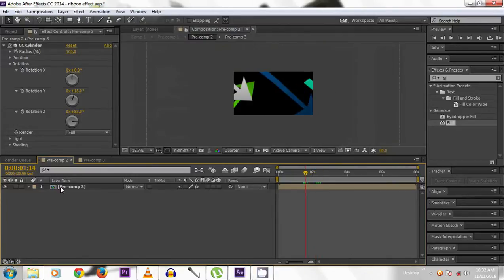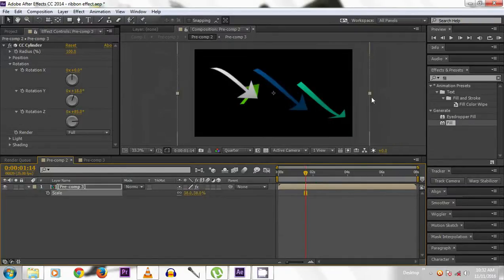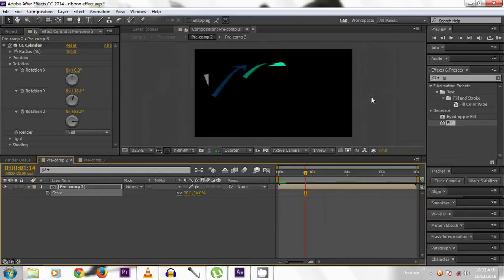Now press S for the scale, then reduce it as we want. Now we have the wonderful ribbon animation here.